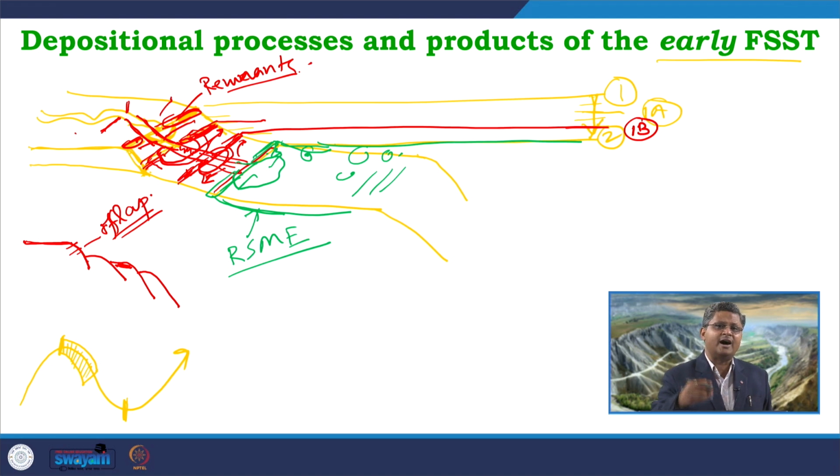And this high energy condition, this instability along this shelf edge because of this fall, will result in formation of several canyons or several sediment gravity flows which will come down this slope and will get deposited over here as debris flow deposits.